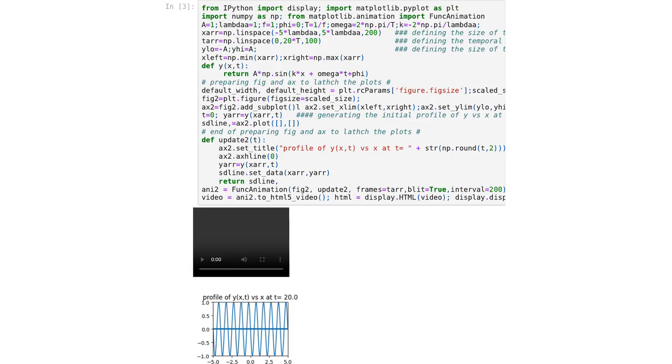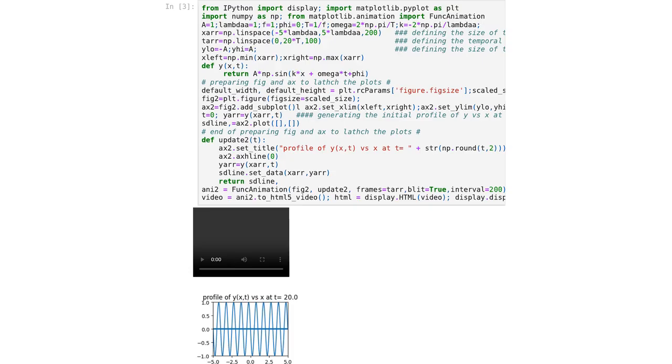The function yxt is defined to calculate the wave's displacement using the sinusoidal wave equation. As before, a figure fig2 and an axis ax2 are prepared, and their limits are set. An initial profile of the wave at time t equals 0 is generated, and an empty line object, sdline, is created using